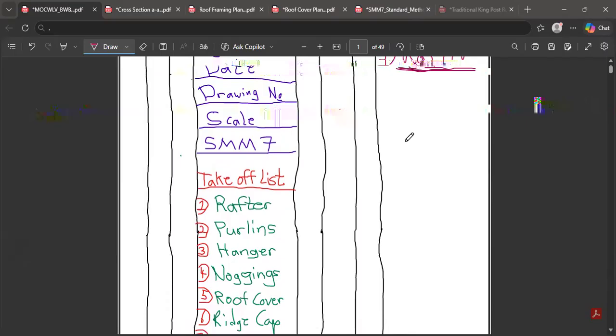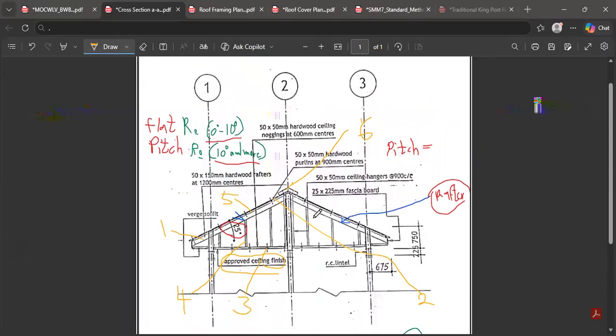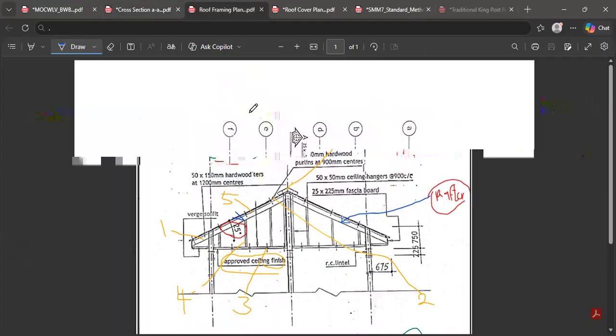So that is the rafter over there. And I'm just going to draw a sketch of it. You see this building over here. What is the span? You see that this is just a cross section. They've not displayed any span over here. But we can see the span of the rafter